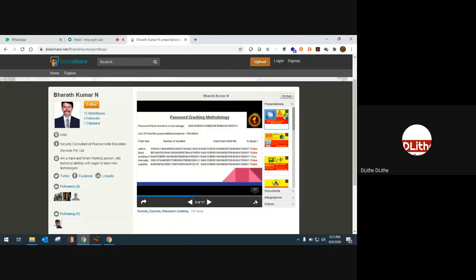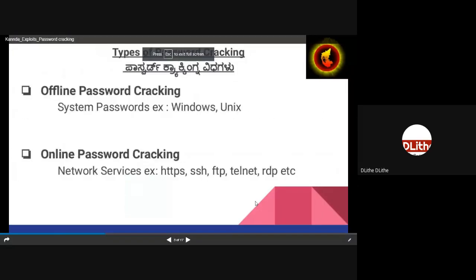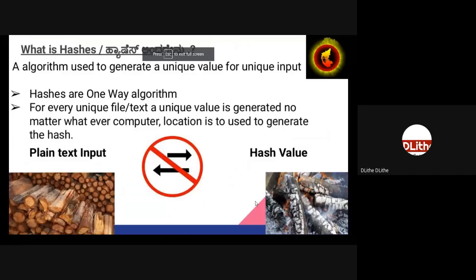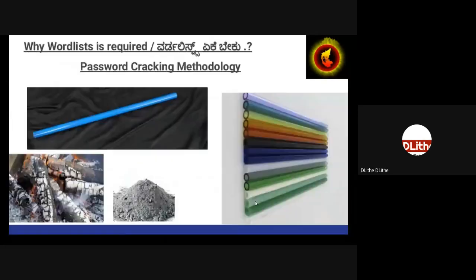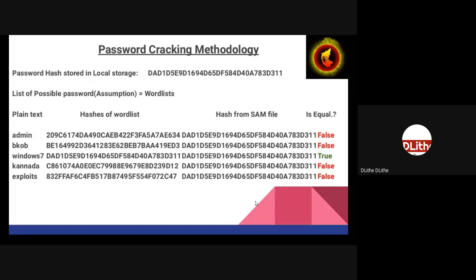That is, one is the passwords, the hashes are irreversible. Second thing, as long as the data or the input is unique, irrespective of wherever you generate the hash value, it will be the same, right? Isn't it? So using this, the hackers, what they do is they'll create a table.